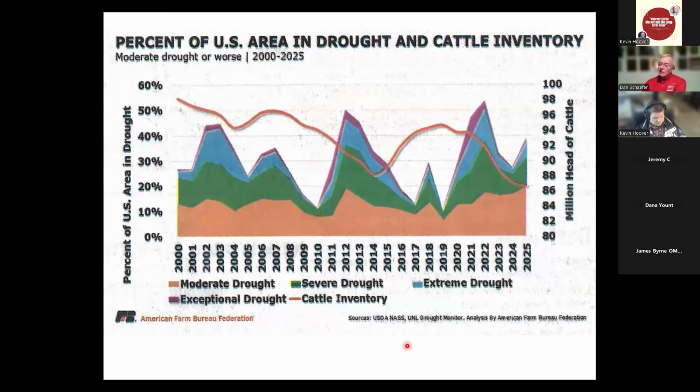All right, shown on this slide is a figure that was developed by the American Farm Bureau Federation and published in early November of this past month. It's a relationship between the percent of the US area that is in drought and our total cattle population inventory. So one can see that the percent of the US cattle area in drought was as low as 10% in 2010 and in 2019, but in 2012 and in 2021, 22, we were over 50% of the US area was